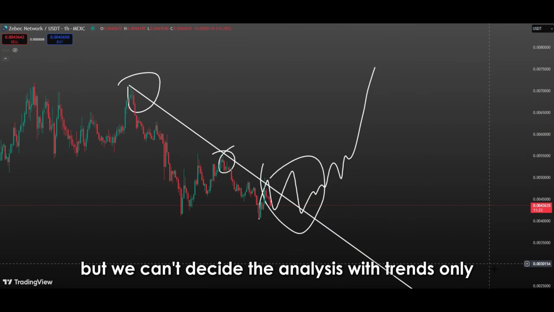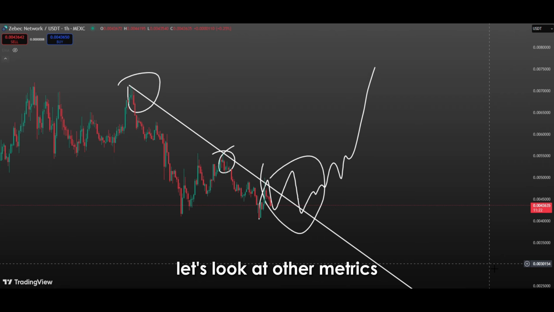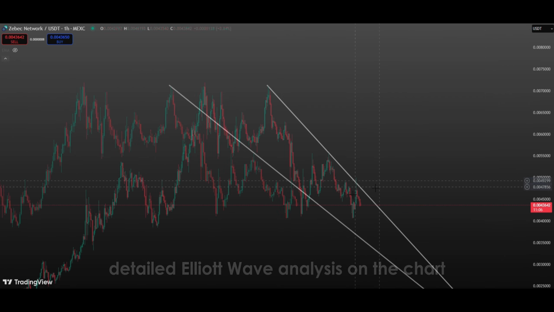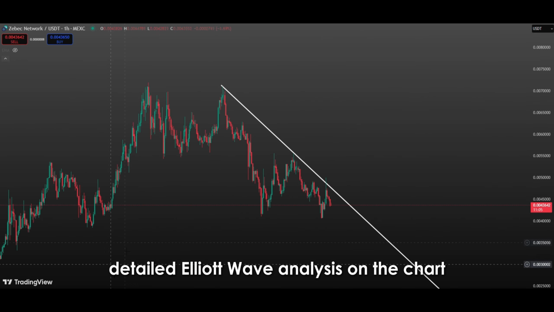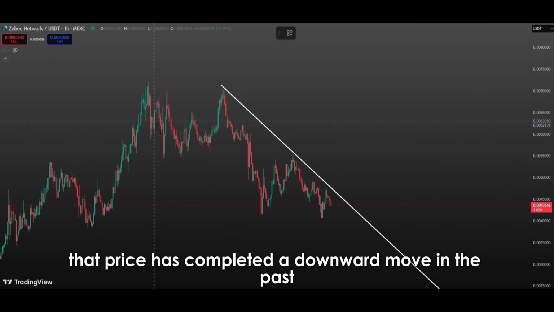But we can't decide the analysis with trends only. Let's look at other metrics. Stay tuned. Detailed Elliott wave analysis on the chart clearly shows that price has completed a downward move in the past consisting of 5 major waves,